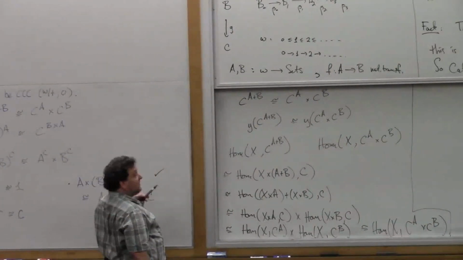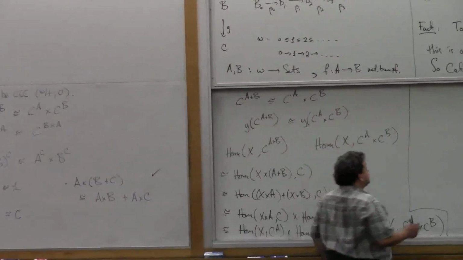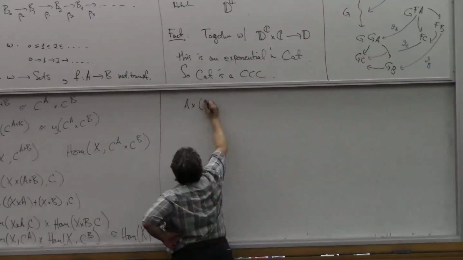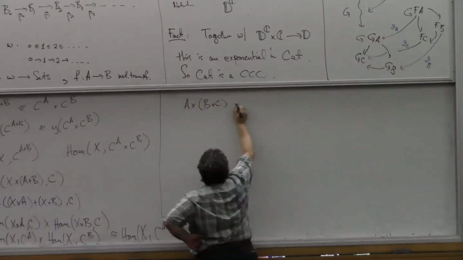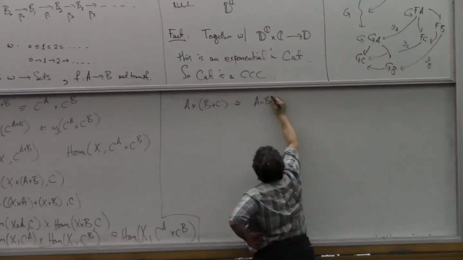Should I do one more? Yeah, I have a minute. Let's do one more because then I will cash this check. I'll do that one. So I want to show that A cross B plus C is isomorphic to A cross B plus